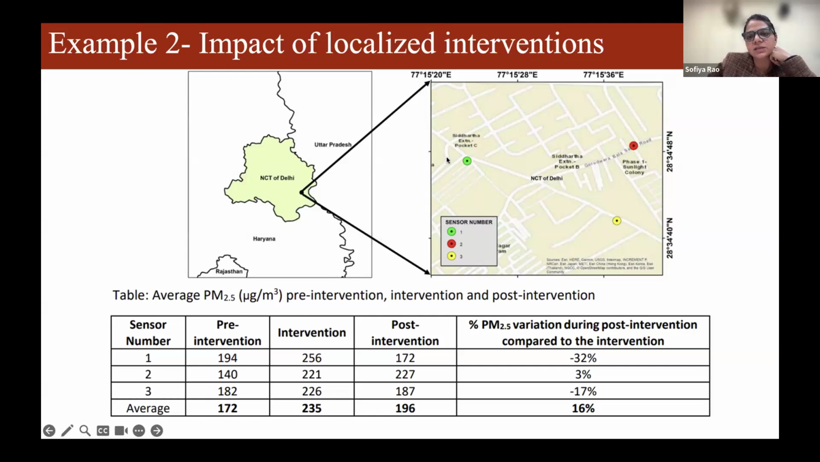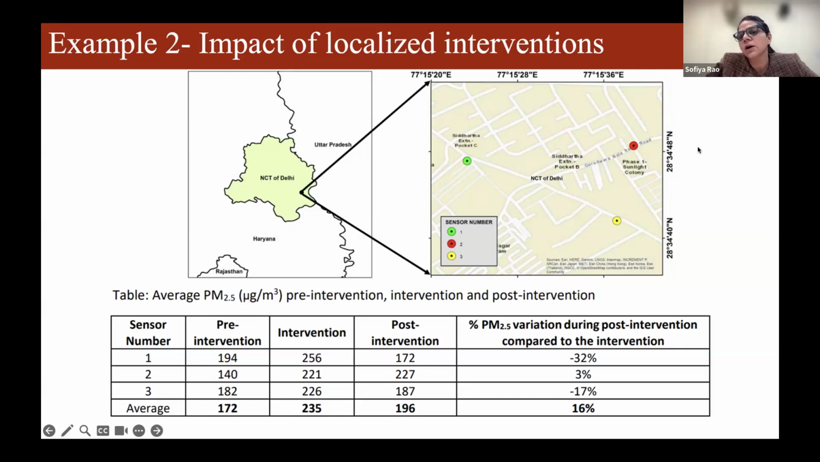So, if you see here in this extension pocket C, which is near the Ashram area, there was road construction going on, and we set up the devices, three Locus sensors at different locations. One where the intervention was happening, the other two a little bit farther. Then we were able to convince the government that if you go far from the area of intervention,